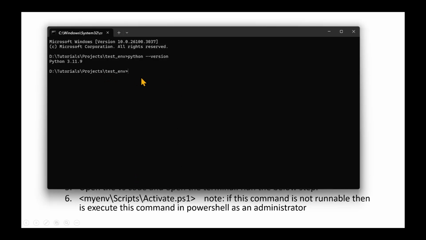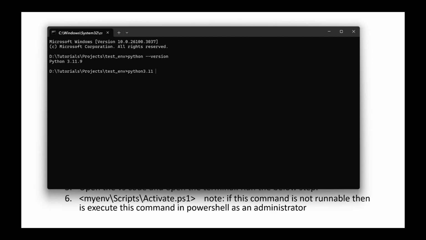Currently I am in this project directory, tutorials project. This is my working directory. So you have to type, see if my Python version is 3.11, so you might have a different one, so just make sure that you are typing the right Python